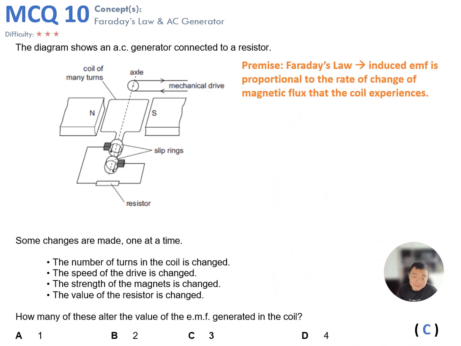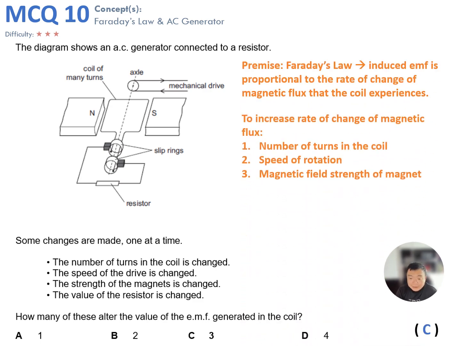So we will be using Faraday's law, and when we want to increase the induced EMF, we will have to increase the rate of change of magnetic flux that the coil experiences. And the few ways of doing so would be to increase the number of turns in the coil. Over in the picture here, you see one turn. We could have put in many turns of the coil, and that will increase the amount of the induced